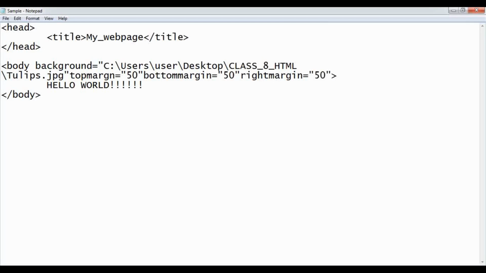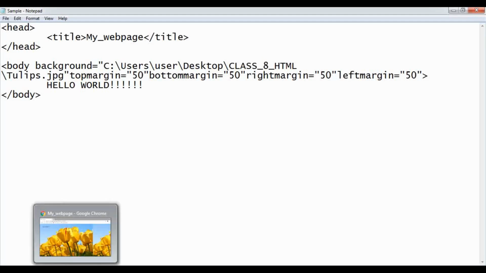Make sure you are typing the right spellings also, because if at all there is any spelling mistake, it will not appear on your web page. The attribute will not be applied on the web page. There you go. Once you have entered all the attributes, just save it and then you can view here.